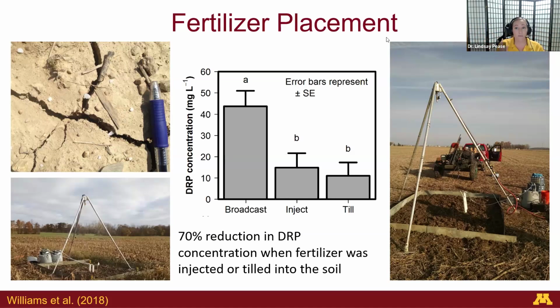But that's where, when you start to get that reduced tillage, you have to think about where you're placing your nutrients to be sure that you're getting the maximum benefit. Because, like I mentioned before, phosphorus is sticky. It likes to attach to the soil. And then once it's attached, it'll stay there, but it needs that opportunity to bind to the soil.